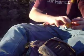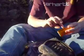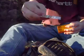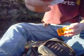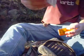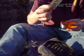Now I've got an old 17 HMR shell box, and this box contains fingernail clippers to cut thread and stuff with, some alcohol wipes, a few packs of Bacitracin. It's just like a Neosporin, except it's a whole lot stronger, and it comes in handy whenever you get infections or really big cuts. I've got several band-aids here in this kit,